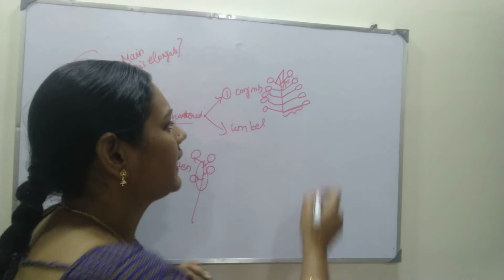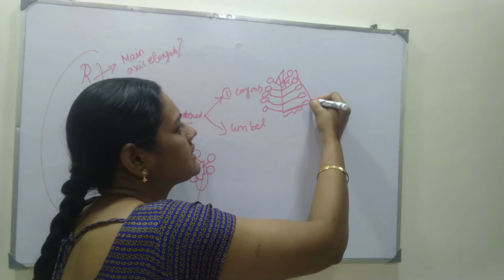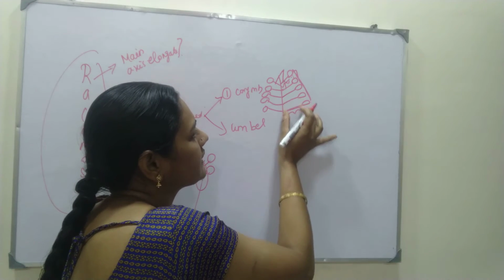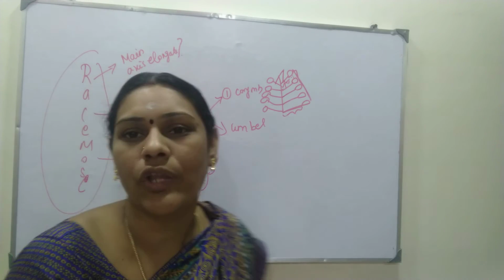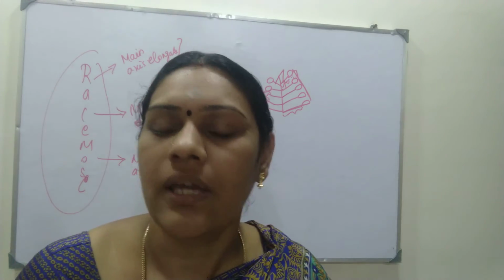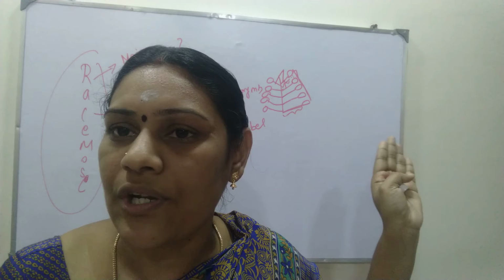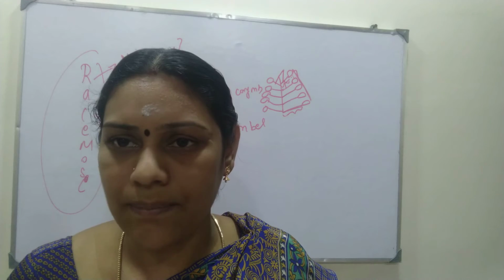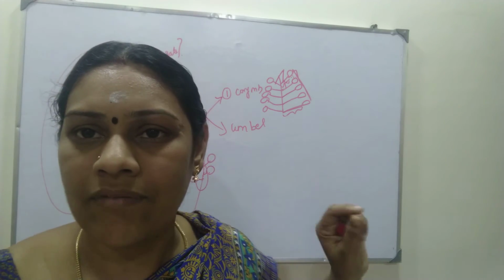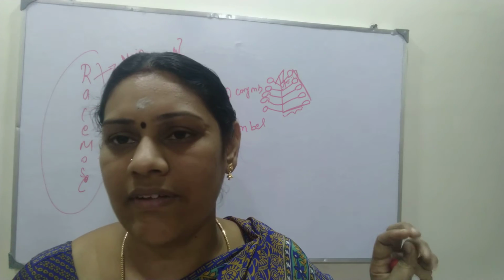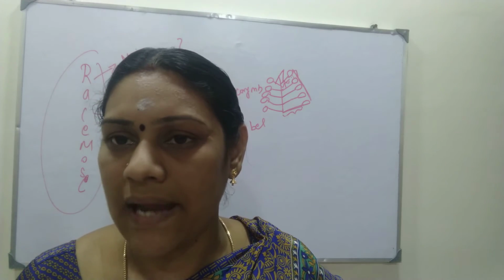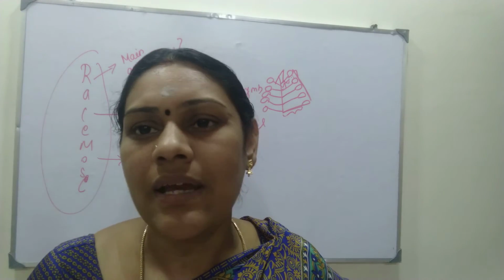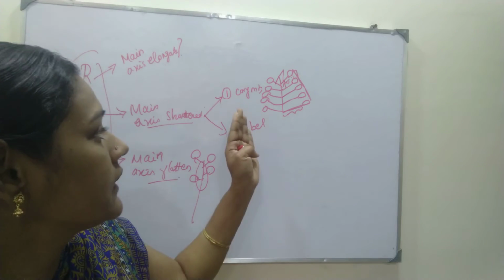But their flowers are at the same level. When it comes to the bottom portion, the pedicel is elongated for the bottom flowers. When it is at the top or apex of the inflorescence, it has a short pedicel. The short pedicellate flower has a short pedicel, and the long pedicellate flower has a long pedicel, which is present at the bottom of the plant. But both have the same level of flowers or inflorescence. That is called the corymb type.